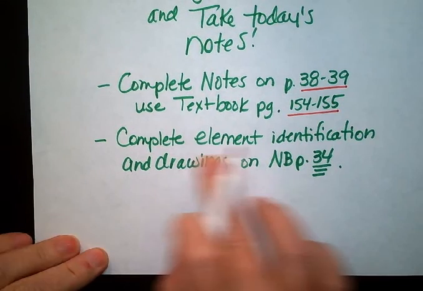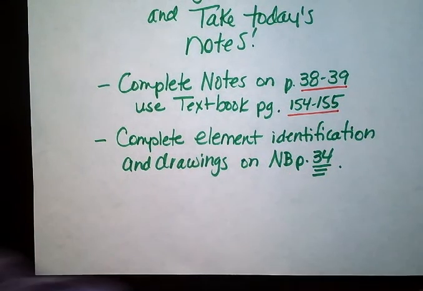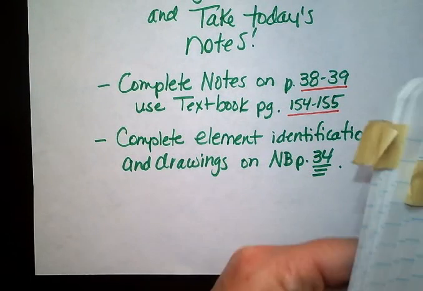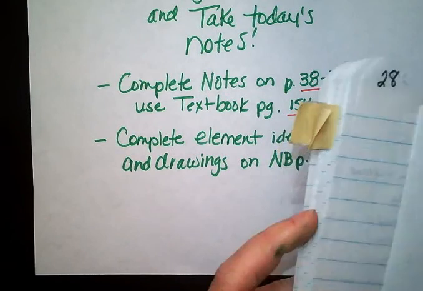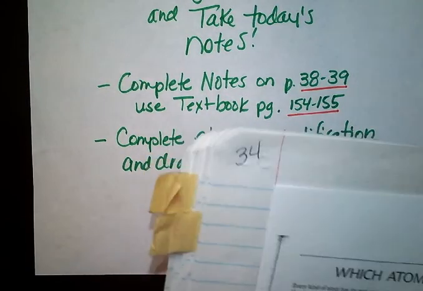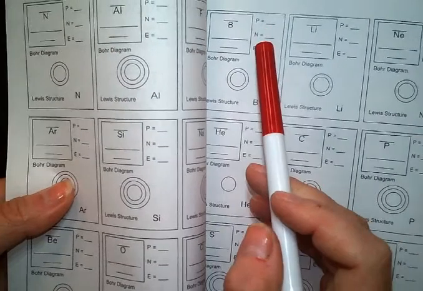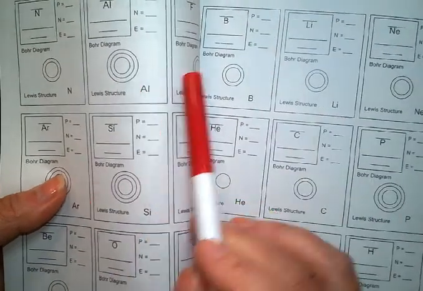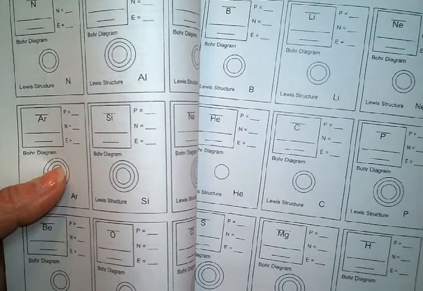And then if you haven't completed your notebook, page 34, it was a sheet that looks like this. Let me find it in my notebook real quick. It looked like this. Which atom is which? This is page 34. We started on the inside here, filling these out, so you can work on this. We did about 4 or 5 of those together in class, so if you need to finish working on that, you can use the rest of the class period to finish up,